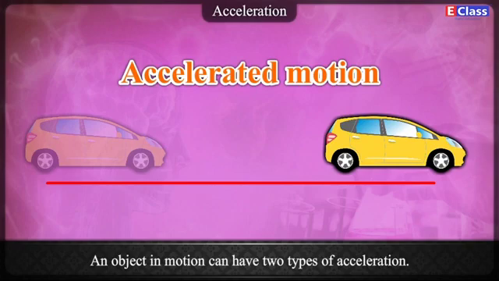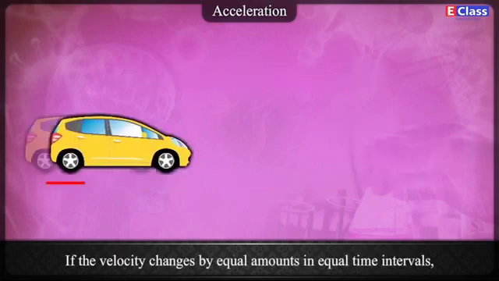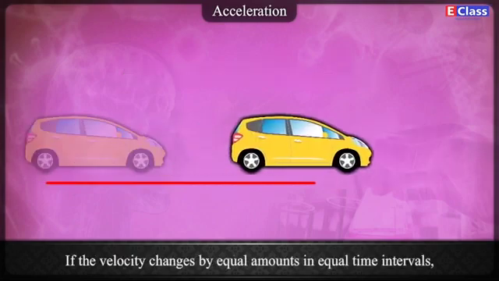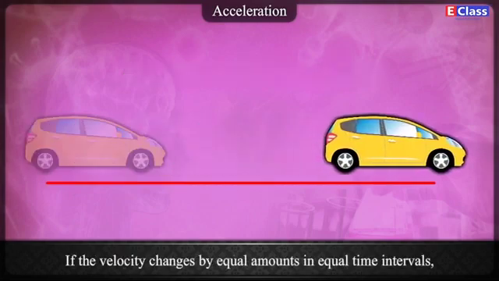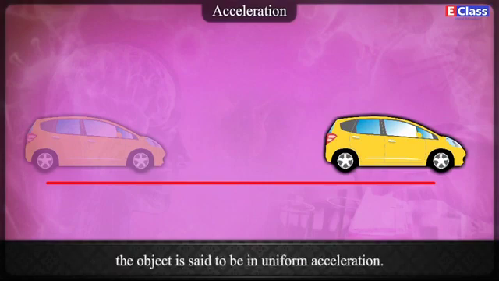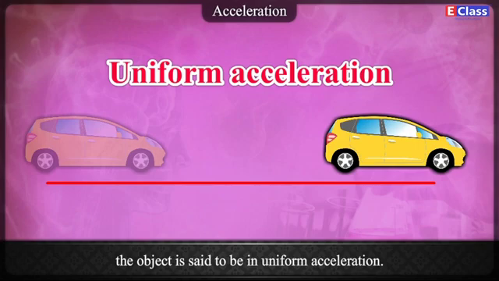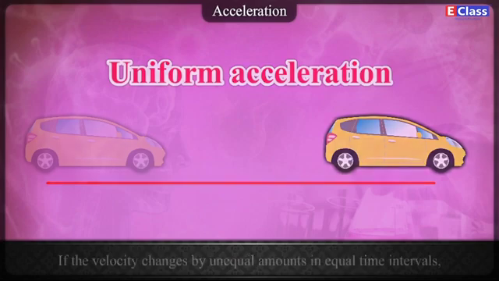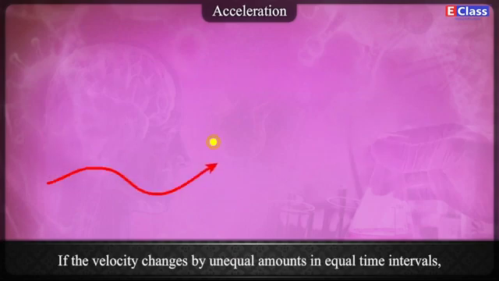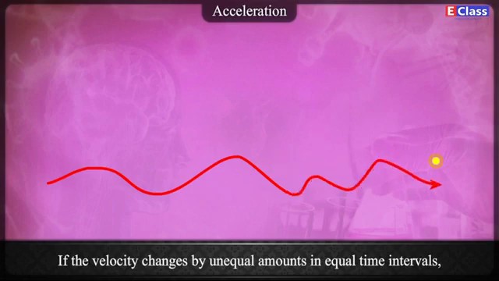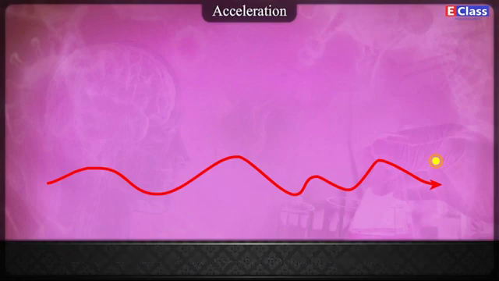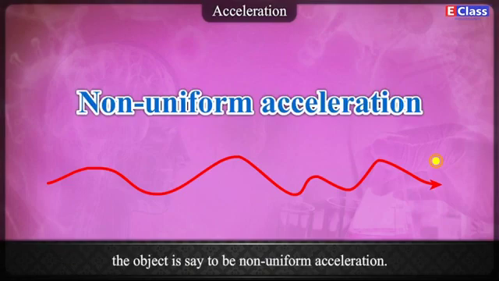An object in motion can have two types of acceleration. 1. If the velocity changes by equal amounts in equal time intervals, the object is said to be in uniform acceleration. 2. If the velocity changes by unequal amounts in equal time intervals, the object is said to be in non-uniform